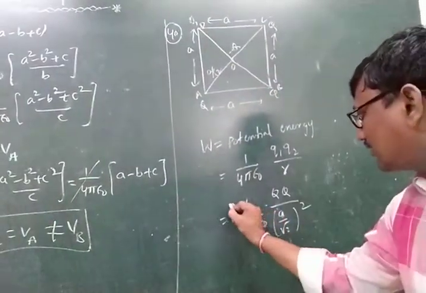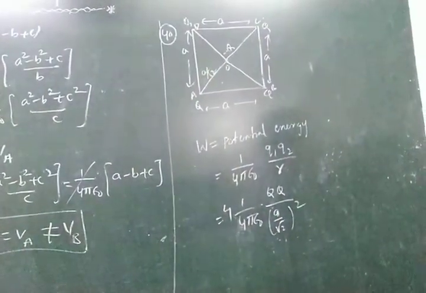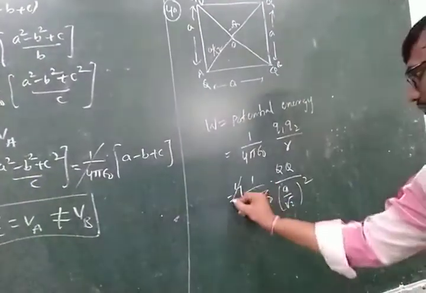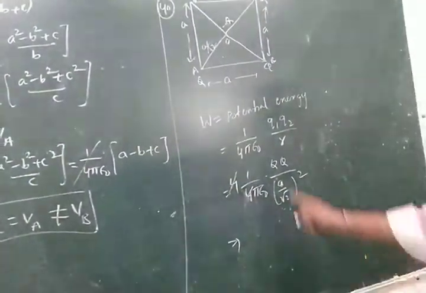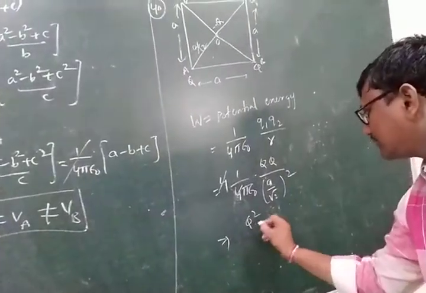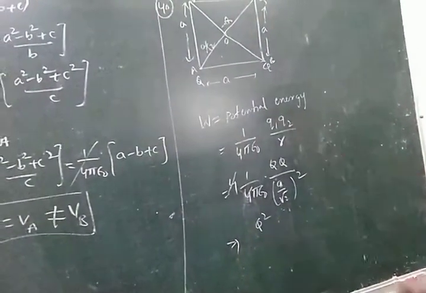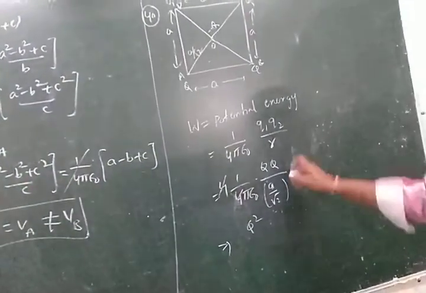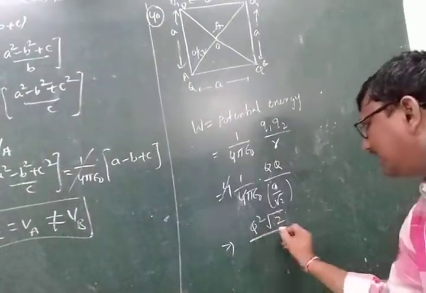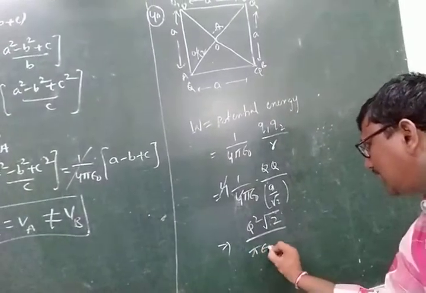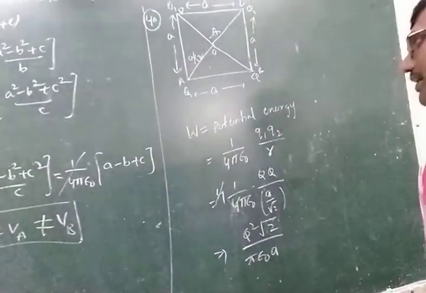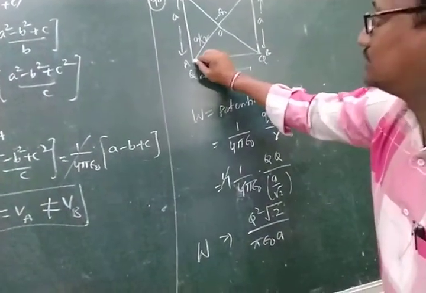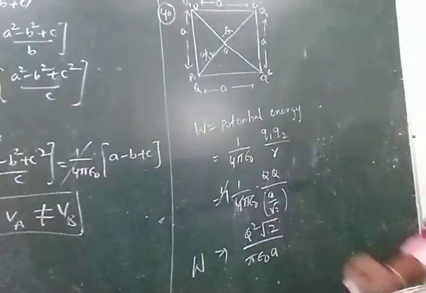4 sides. Now we can write the before of the 4. Then the 4 is indicated by the sides because of the square. The 4 gets cancelled. Then we can write the Q square. The denominator of the denominator is take the, sorry, here there is no square. The cube A by root 2 is take the denominator is numerator root 2 by, how much is there here? Pi epsilon naught into A. See, this is the work done by the moving of the charge 1 point to at a center.